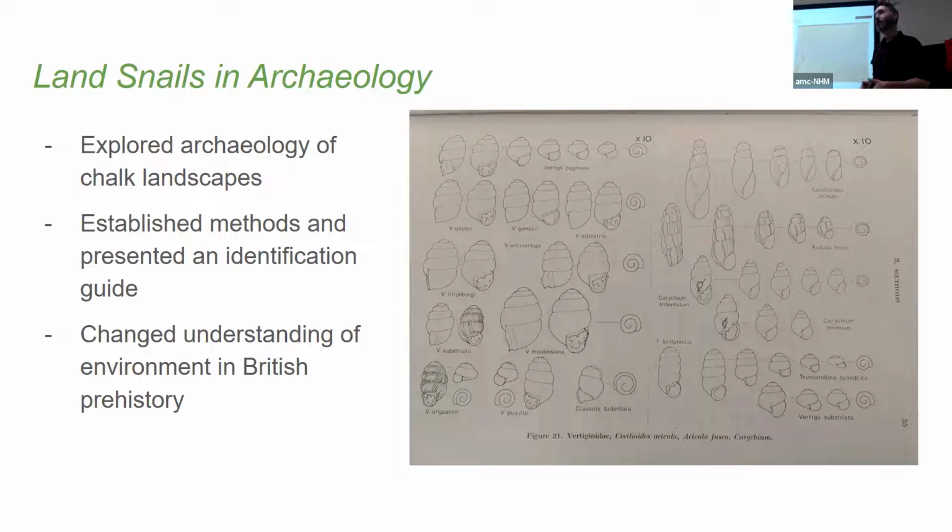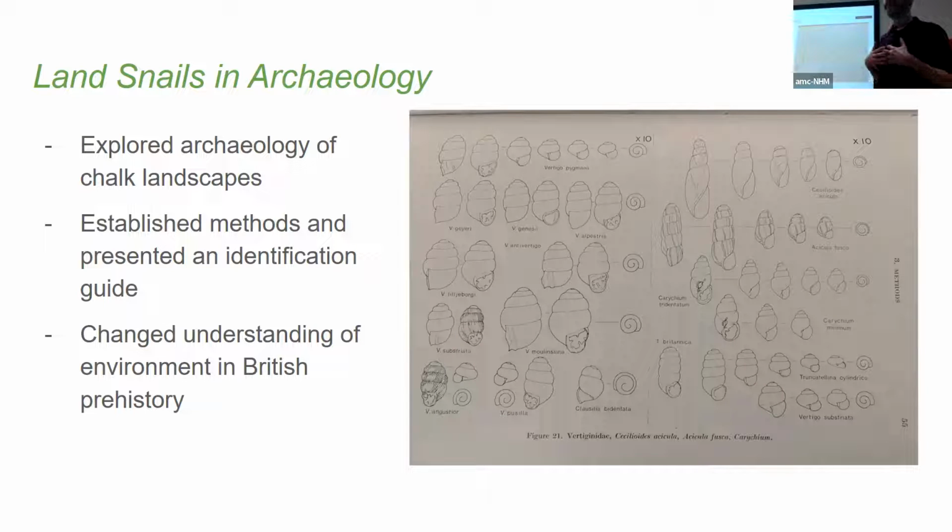And the identification guide is of a special value, I think, because it is one of the very few things we have that shows juveniles as well. So it's very simple line drawings, these traced from photographs. And actually, Paul Davies had the original tracings of these, which I've seen. But one thing we're very much lacking in land snail identification guides, I think, is a sense of what juveniles look like, especially when they are forms that are quite similar at the juvenile stage. So that's a very valuable thing that's in the Land Snails in Archaeology book.